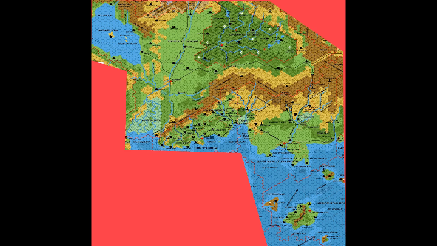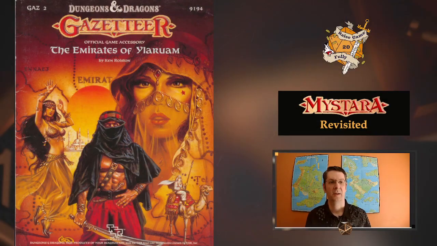From Karamikos we went south to the islands of Minrathod, home of the Sea Elves. We also journeyed west to the lands of the Halflings, the Five Shires. And then we crossed the mountain range to the north and talked about the Republic of Dorokin and the elven nation that's contained within its borders, the Kingdom of Alfheim. Today, we are traveling east, over the mountains, into our subject today, Gazetteer 2, The Emirates of Ylaruam, written by